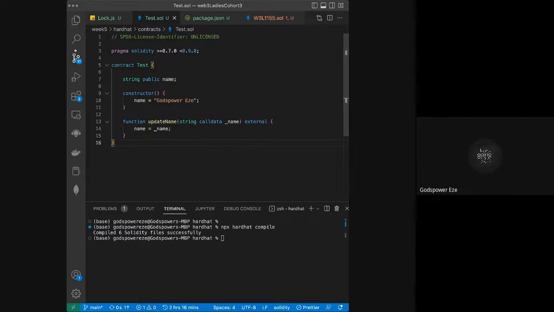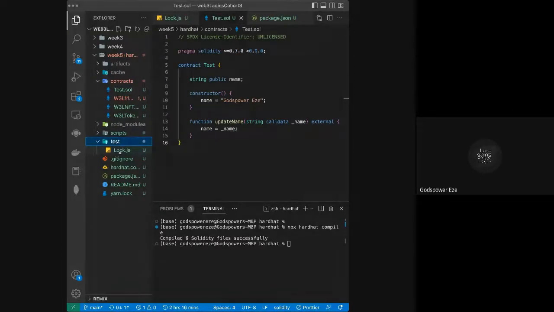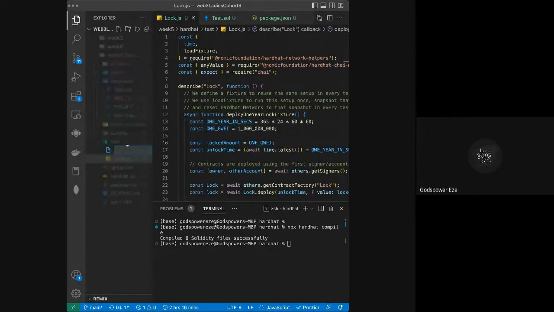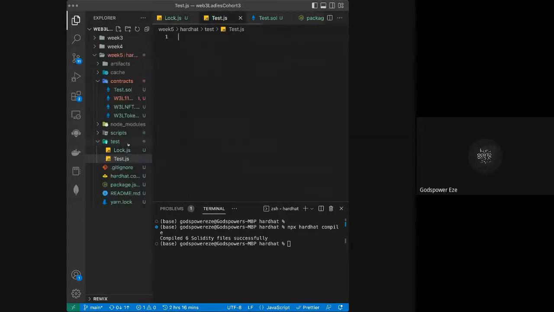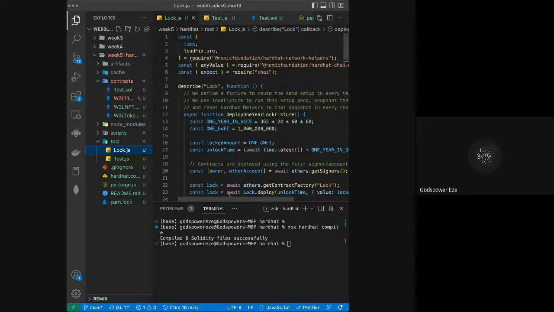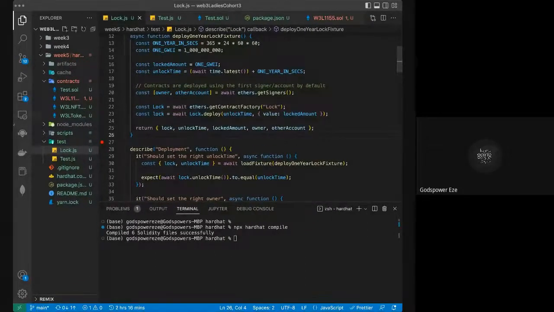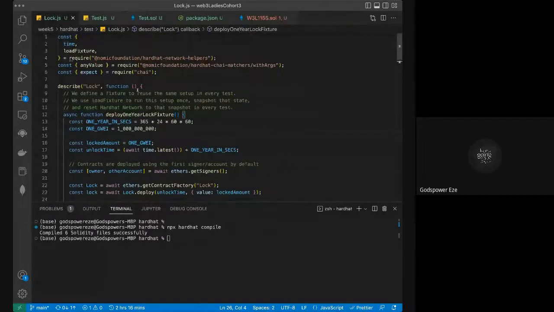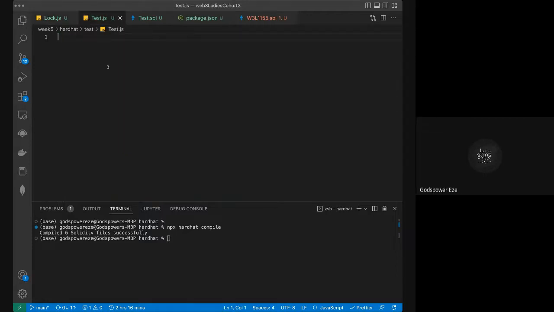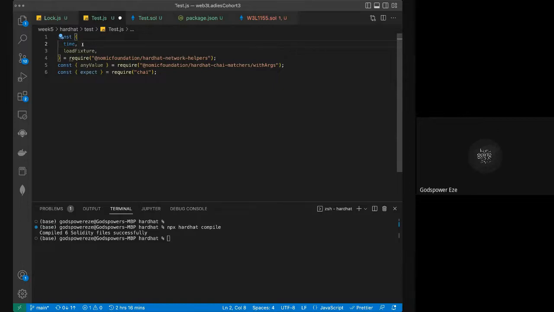Okay. Yeah. So now let's write a test for it. So this should serve as a blueprint for us, this log.js. So let's just write our own test.js. So let's see how they did it in this one. Okay, let me make this a bit smaller. So let's see what they did here. They imported these things. I don't think we need time, but we need these load fixtures. So let's just take everything and remove the ones we don't need. I don't think we need time because this log has something to do with time, so let's remove this time. I think we need loadFixture